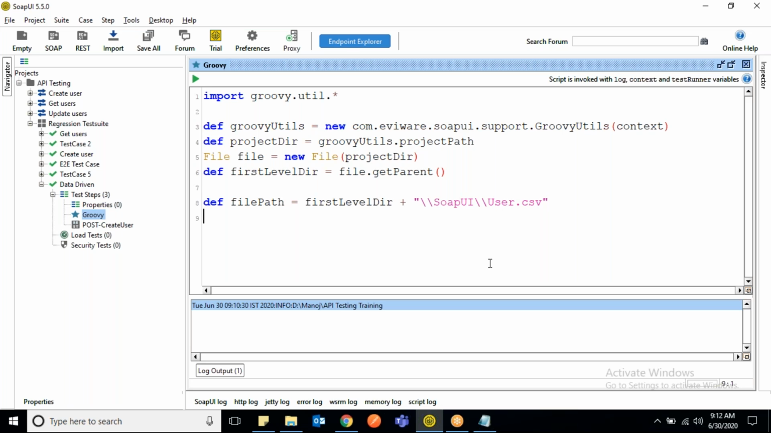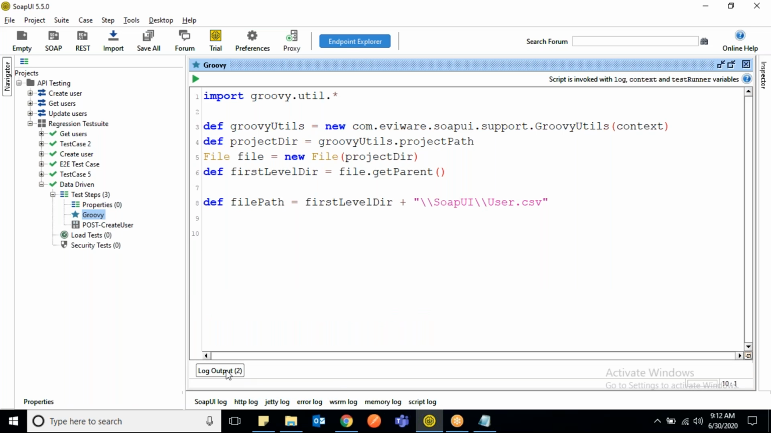Okay, now if you print this file path, this will print a complete path, see, SoapUI CSV user.csv. So we are able to get the complete path for this file. Okay, so that part is done. Now the second part: the first part, handling this file, getting the path, getting the file, that is done. Second phase is to read this